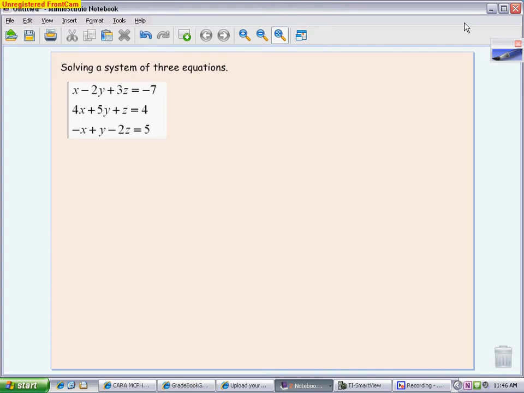The final section in Chapter 3 is talking about how you solve systems when instead of having 2 equations, you have 3 equations. So what I want to do in this video is recap how we solve by hand a system of 3 equations with 3 variables, and then I'm also going to use the same problem to show how we also do it on your calculator,